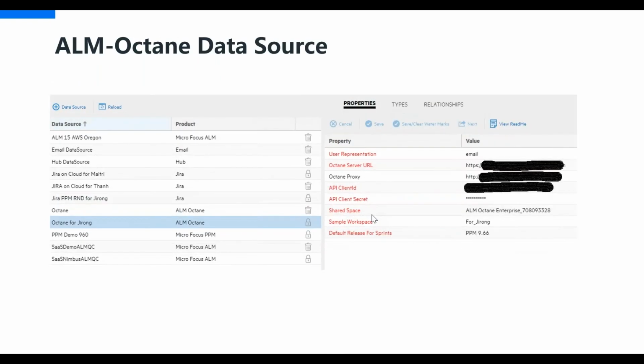Since I'm going to demo, basically I'm trying to show the integration between PPM and ALM Octane and PPM integration with Jira. Here are the data sources definition for these particular products as well. As you can see, for each product, the properties to define the data source differ, and the red ones are required properties, or the